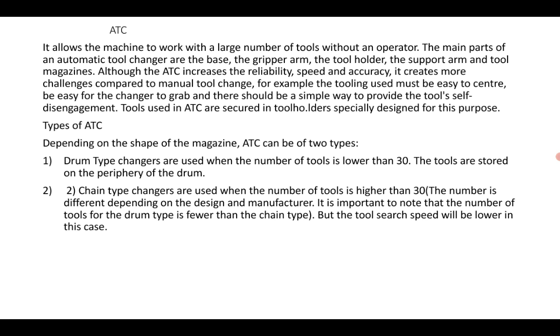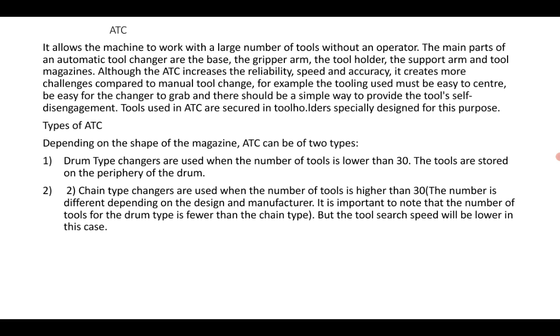According to the type of storage device, which is called the tool magazine, there are two types. You can see a round type of tool changer, as it is round in shape, so that around the periphery, in a circular way, the tool slots will be there and tools are inserted, so that fewer than 30 tools can be inserted.